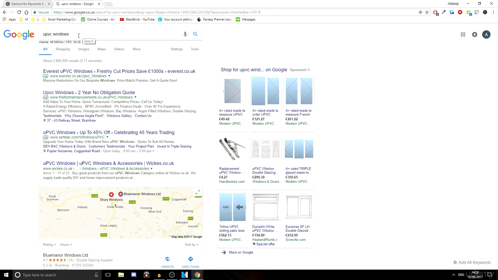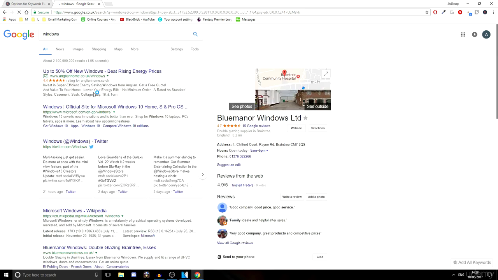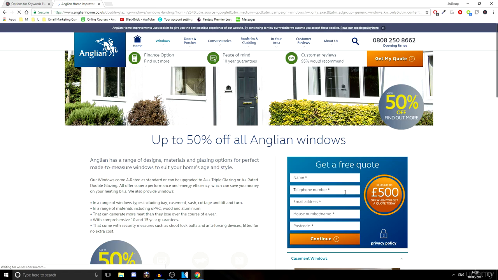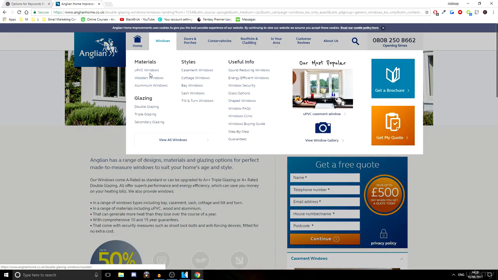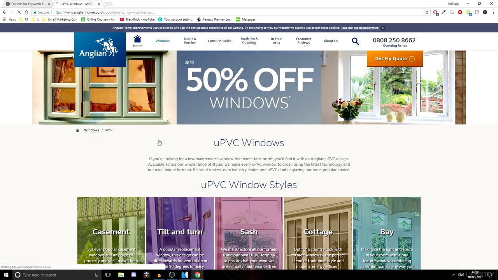But yeah, so if we do another search right now just for Windows, like that, it might come up with Microsoft Windows. Yeah, there we go. But in matter of fact, Anglian Home, who are selling Windows, that gets 1.8 million searches a month. That's crazy. They are paying $4.25 to get to the top there. So if we click on their website, you can see, yeah,